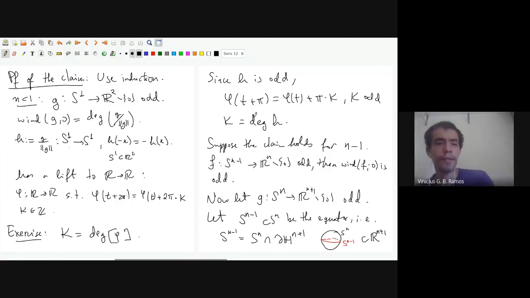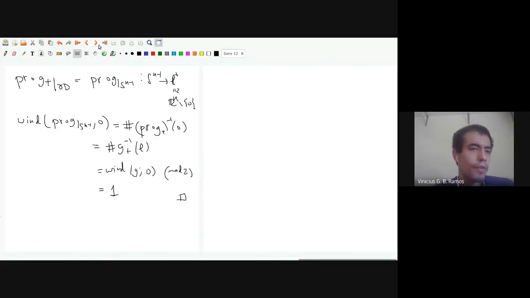No, that's okay. So how do you get this lift for any function of S1 to S1, or even this particular one? I guess you can think about it like this. Let me see if I can explain this, because I don't know if you've seen covering spaces before. Have you? Yes. You have. Okay. So anyway, if you have a function from S1 to S1, the first thing you can do is